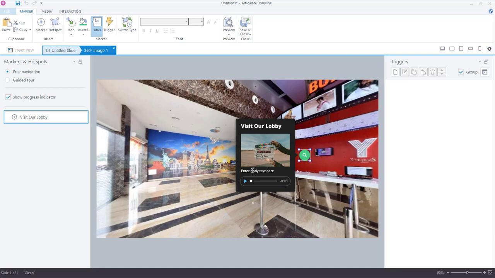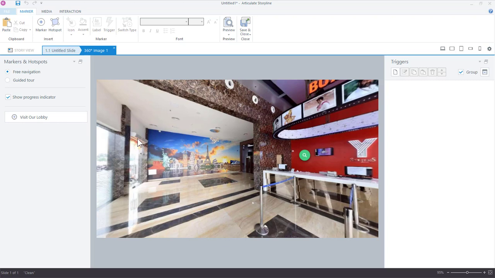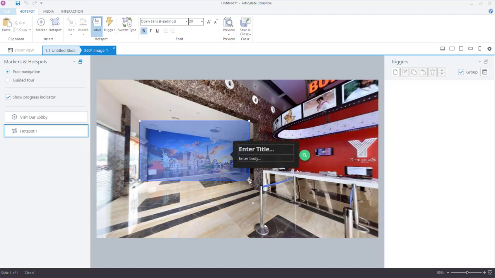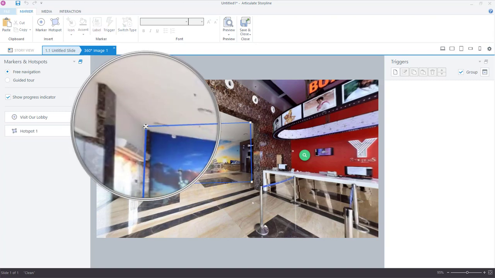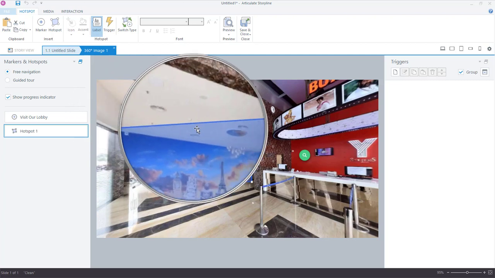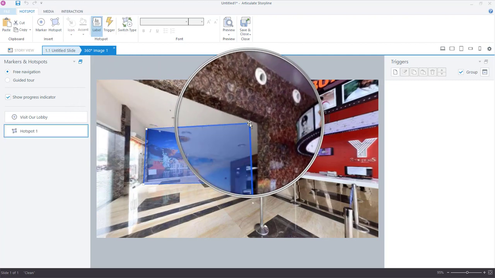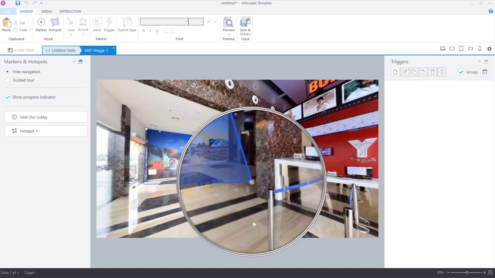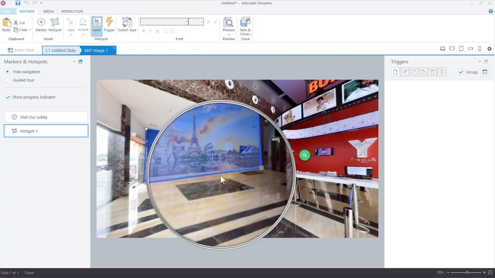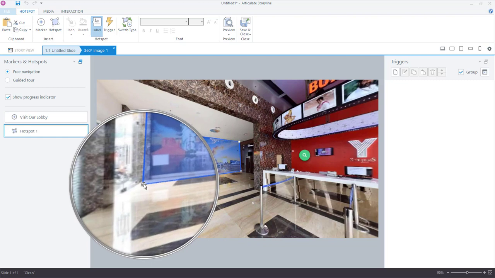All right, let's look at the hotspot this time. So we'll come up to the ribbon again, and this time under the marker tab, we'll just choose hotspot, and then just click and drag to draw out a rectangle. Now you can use the rectangle shape, or you can select each of the points and modify or resize those points to create a freeform selection. So if we wanted to select this wall art, this mural right here along this wall, we can click and drag to set those points.